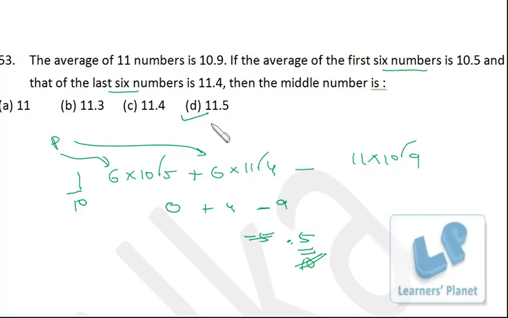Even you can go by the digital root method also. Here 6 into 6, the digital root is 9. Here 4, 5, 6 into 6, digital root is 9. Minus here 1 into 2, digital root is 2. So 9 and 9, 18, 9 minus 2, digital root must be 7. So that's there only in this case. Okay, I hope you are getting it.